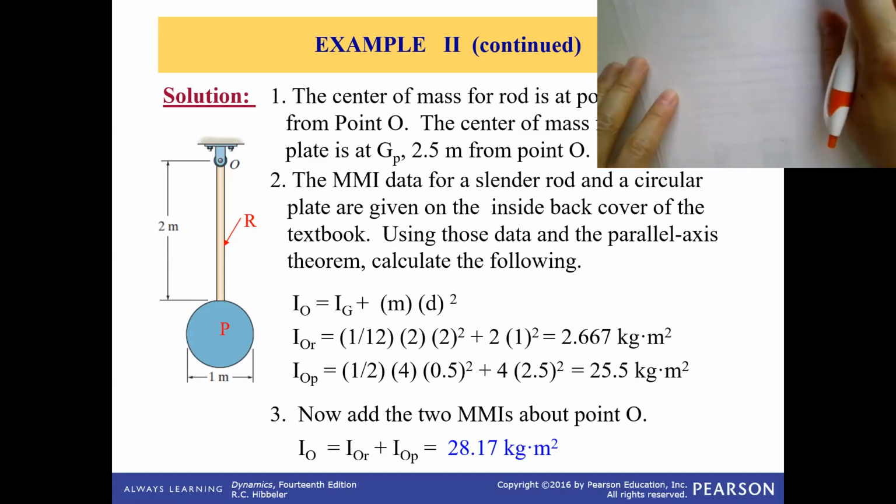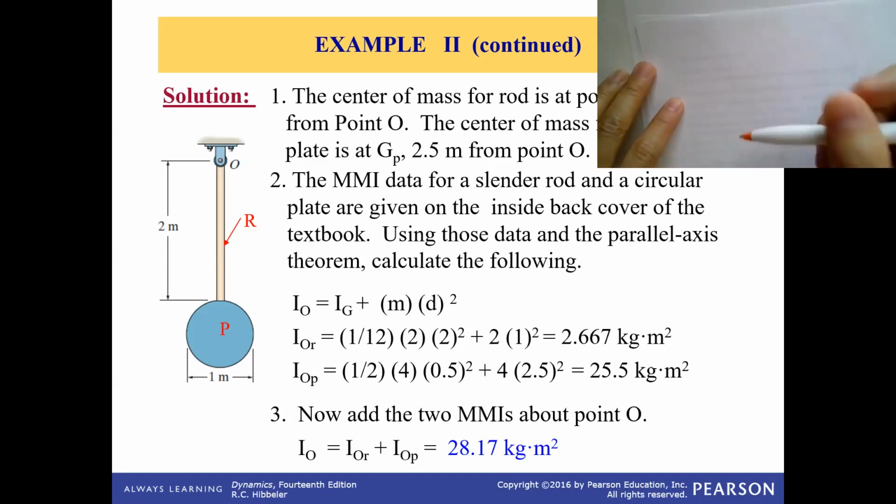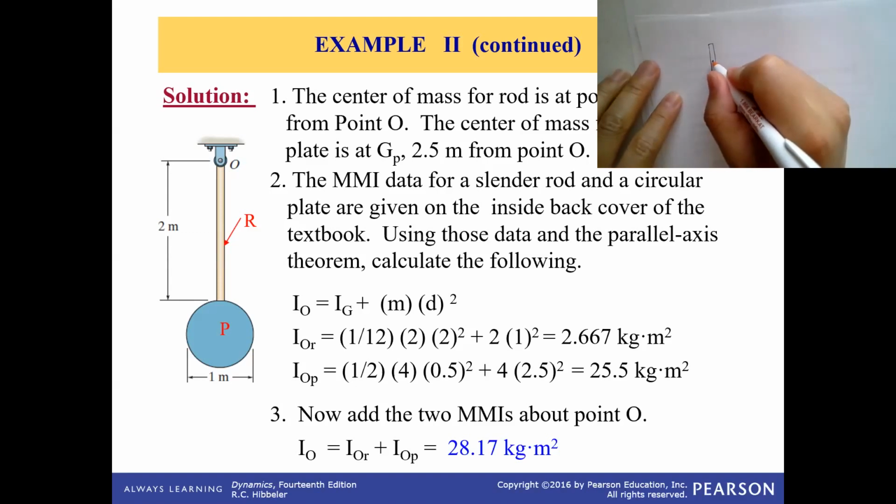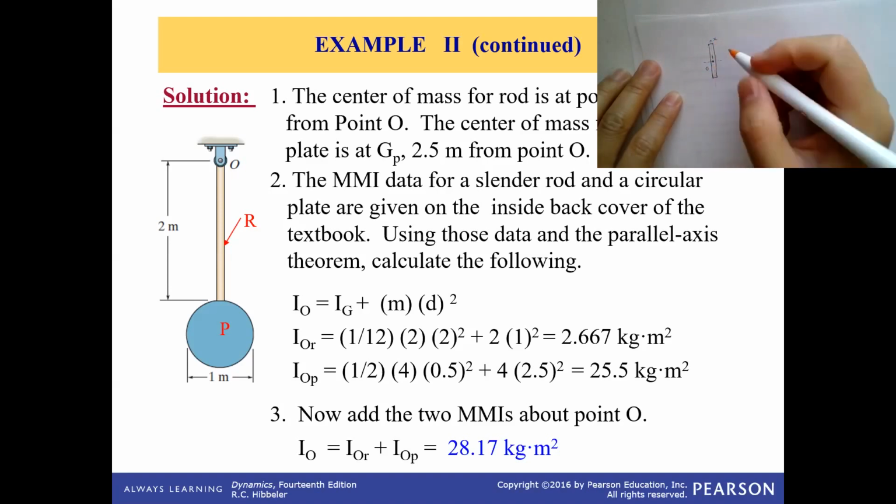Because this is the rod here, and I know many of you have learned this already in physics, but let me tell you how to do this again. It's a kind of review for those who haven't taken physics. So we will take an axis going through here, assuming the axis is perpendicular to the paper. We'll take that as the origin. We can say this side is positive, the other side should be negative.